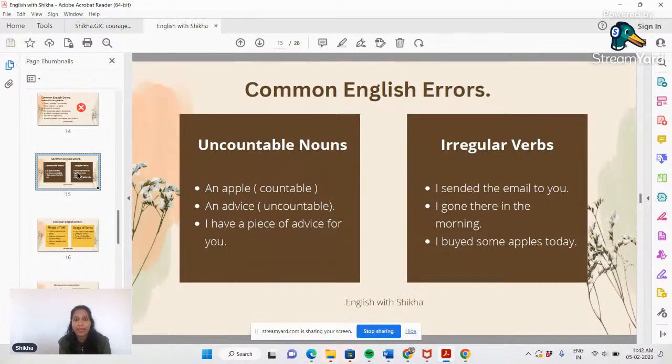The past form of buy is bought. I bought some apples today. In the same way, the past form of see is saw. S-A-W, saw. If you are saying "sword", we don't have any word called sword here. I saw he was going there. No, it is wrong. I saw, only saw. I saw he was speaking to somebody. Okay, so the past form of see is saw and the V3 form is seen.